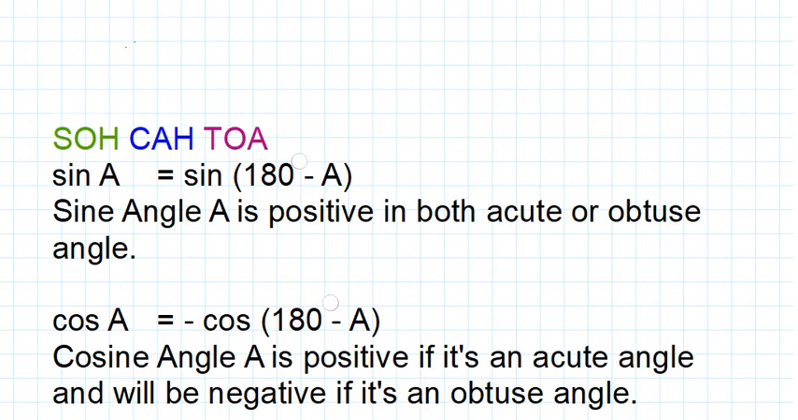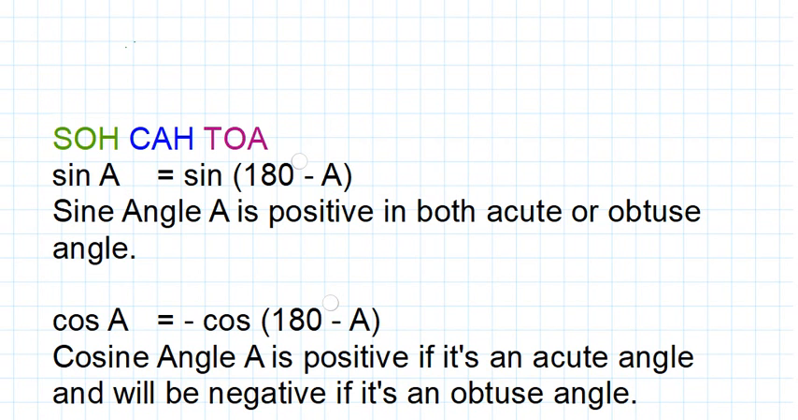In this section, you will also learn that trigonometry formulas actually apply to the acute and obtuse angles of a triangle. So let's look at these formulas. Sine A equals sine of 180 degrees subtract A. When we find the pair, it is going to be either an acute or obtuse angle. So A and 180 subtract A have the same value of sine,